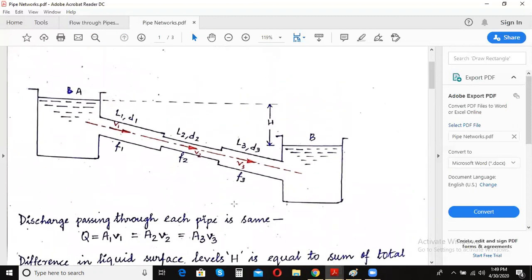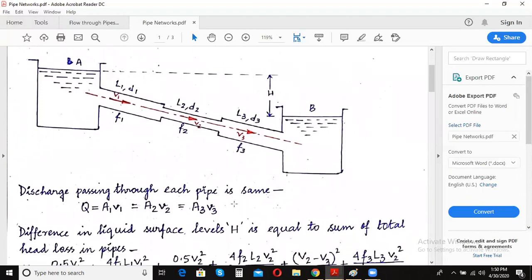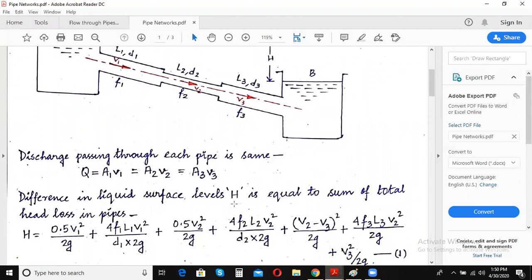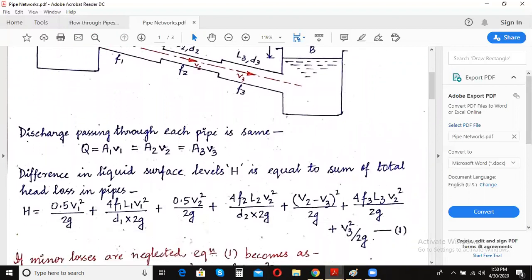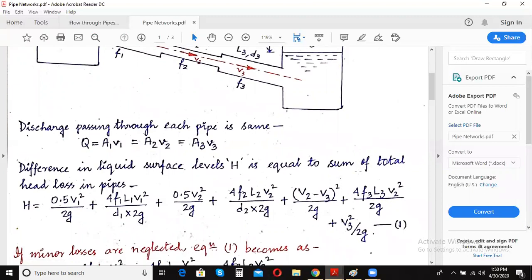Now in these types of piping networks, what you have to calculate ultimately is the discharge occurring through those networks. So eventually you have to calculate the head loss. Or suppose the value of total head loss is given, and you have to calculate the velocity, and then eventually the total discharge that is taking place through the pipeline system. So this is the theoretical portion.